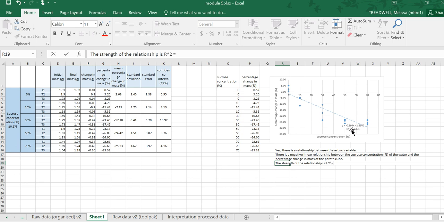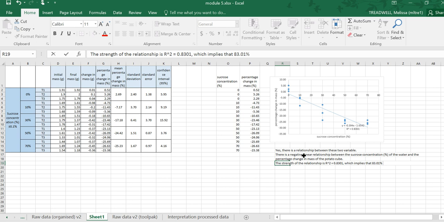Equals, what is the value? It's 0.8301, which implies, so the strength of this relationship is R² equals 0.8301, which implies that this is actually a percentage number. So this is 83.01%. So I'm going to write that,